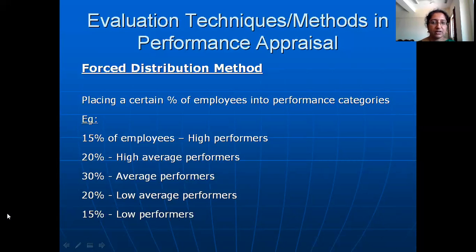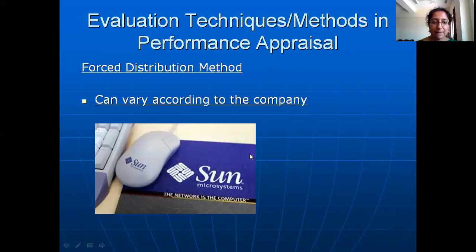But however, in that group, you're better compared to the others. In this case, you will again make it to the top 15%. Okay, so this is one of the strictest forms of performance appraisal technique, because it is a compulsion to put some people under certain categories and put some people under other categories. Now, these performance categories which I have given you, and this percentage of allocation, are not uniform for all the companies. It can vary from company to company.